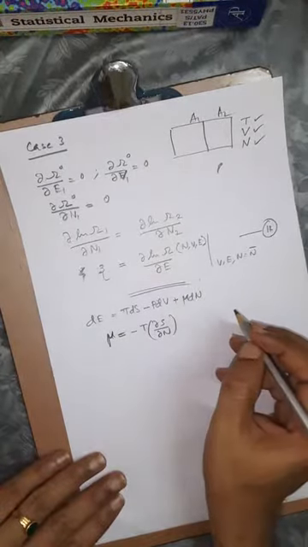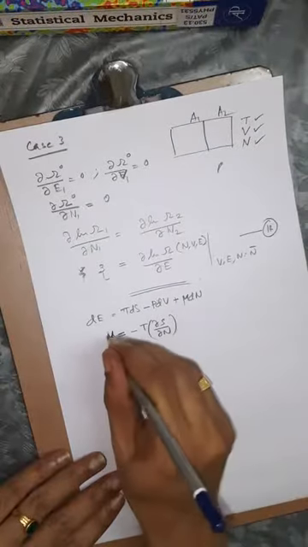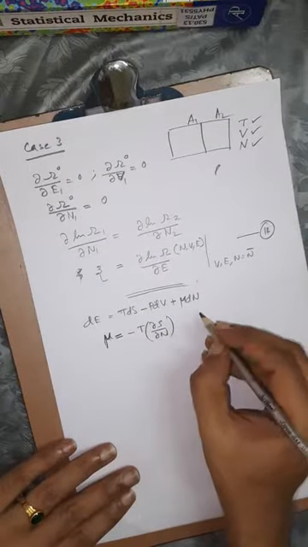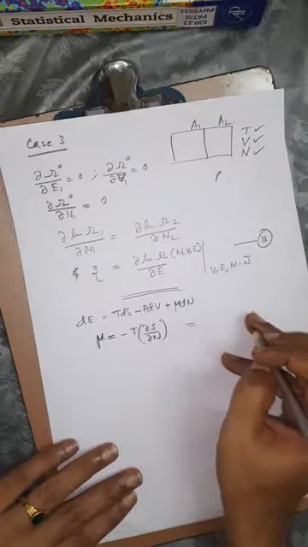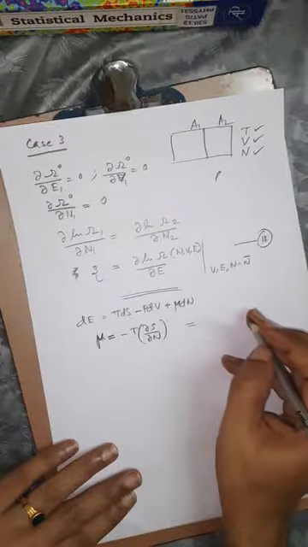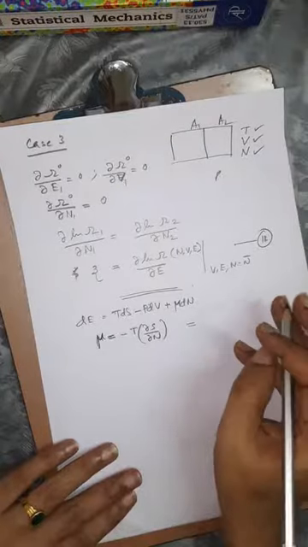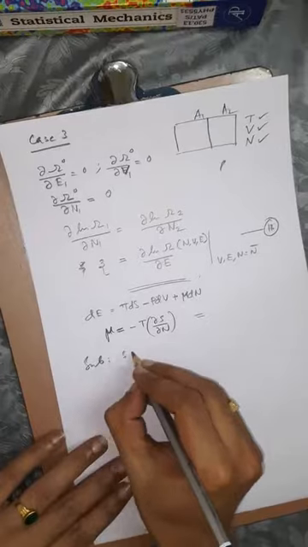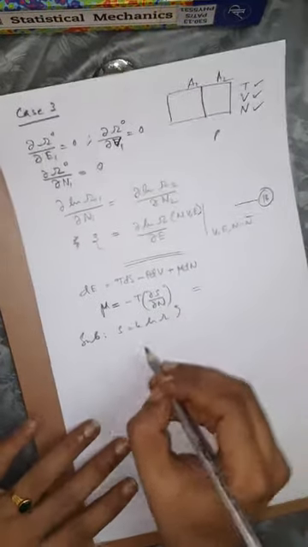We will discuss, if needed, what is chemical potential and all those things in the live class. So mu is equal to minus T dou S by dou N, which implies, if I substitute S is equal to K ln omega into the above expression,